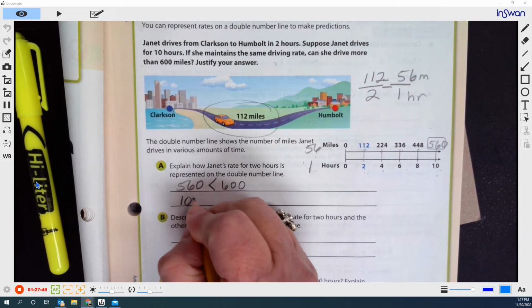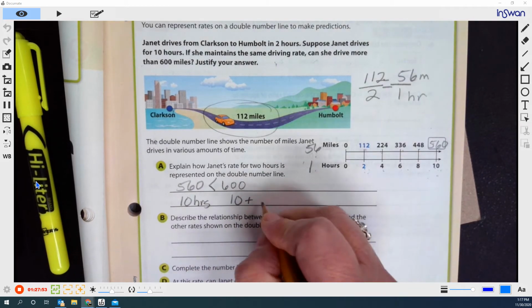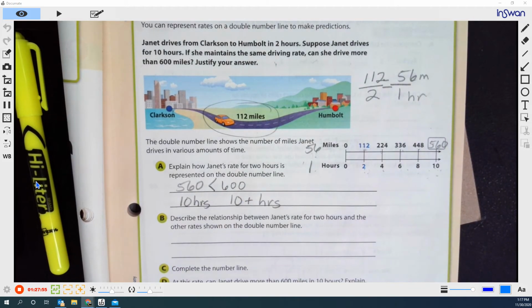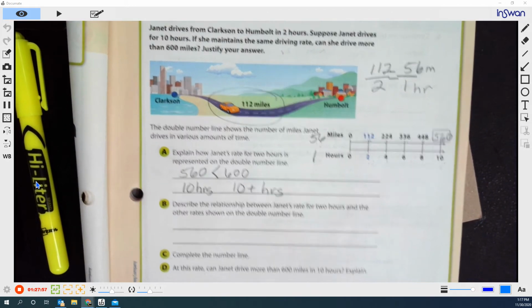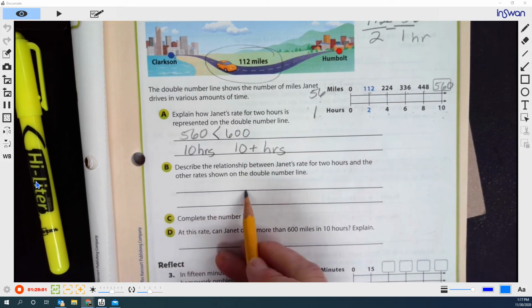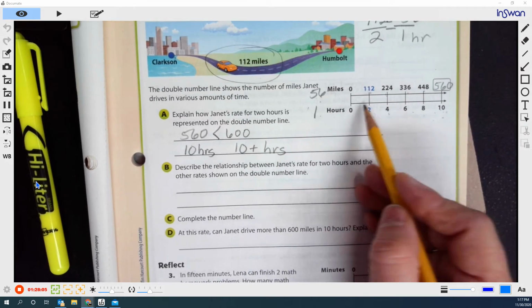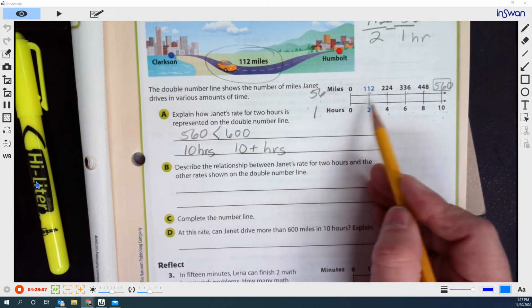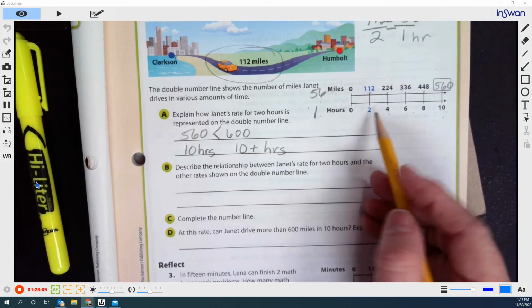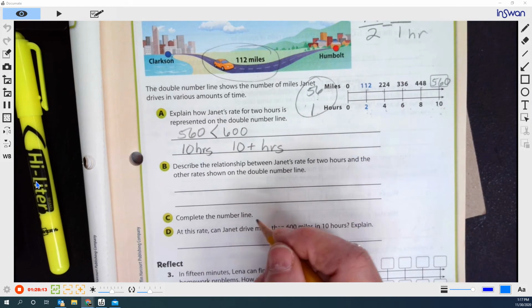This is in 10 hours, and this would be 10 plus hours. Okay? If we look at the relationship between her rate for 2 hours and the other rates that are shown on the number line, you see that all of these can be reduced down to this, or actually this, but that's not the simplest value. The 56 over 1 is the simplest value. So